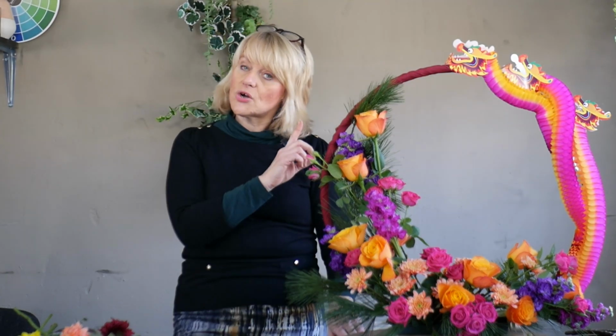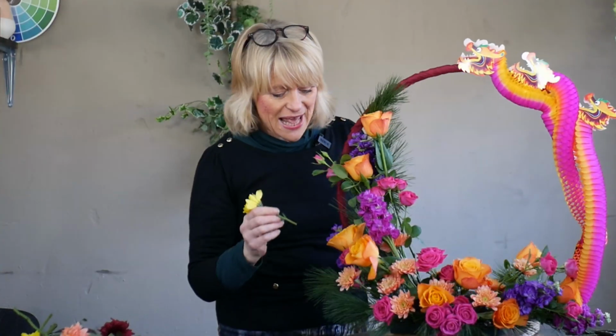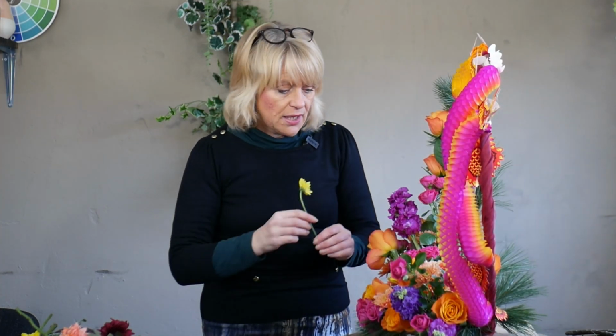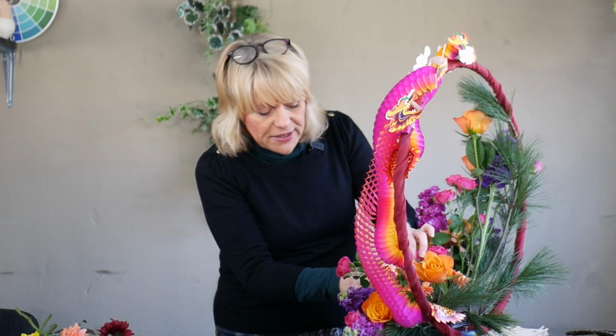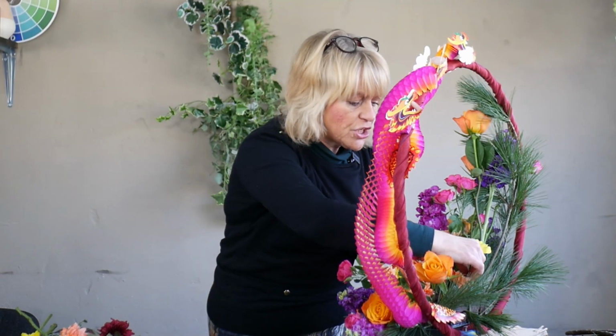Now, even though I said I was probably going to go with the orange, I am now thinking, because I've changed my mind, that I am going to use a little bit of the yellow. I'm a bit concerned that because it's a really bright yellow, it might cheapen the design and make it look a bit tacky and not quite so vibrant and rich as I was hoping it to be. So I'll just limit the quantity that I'm going to use, but still use some of the yellow,